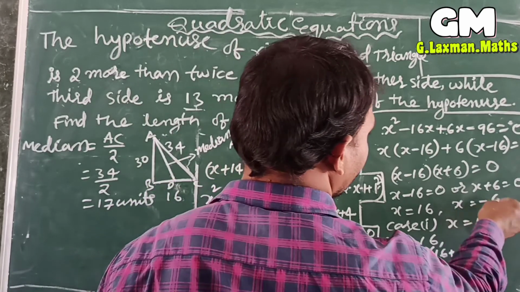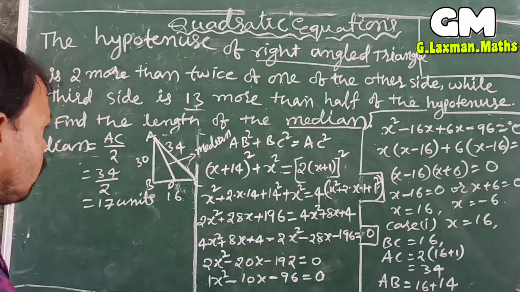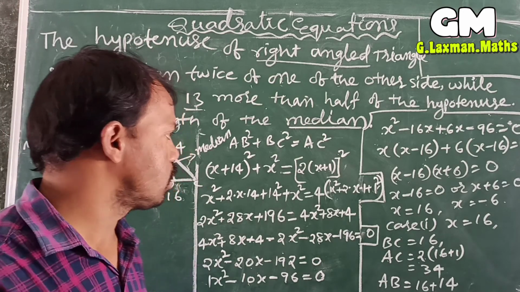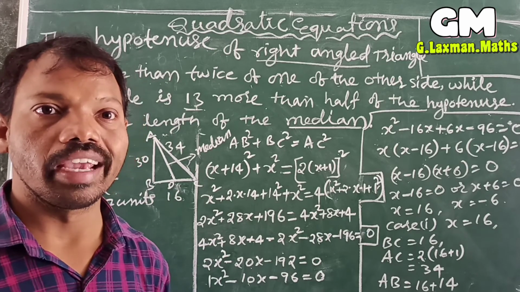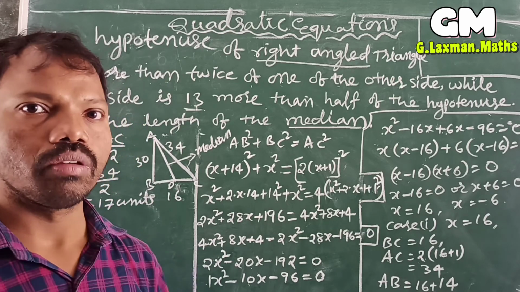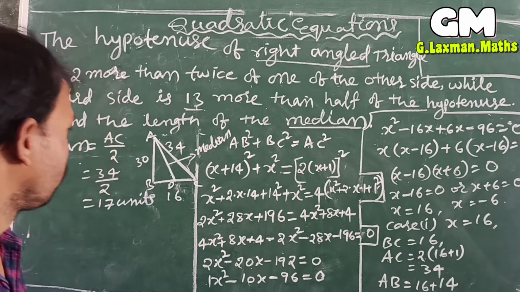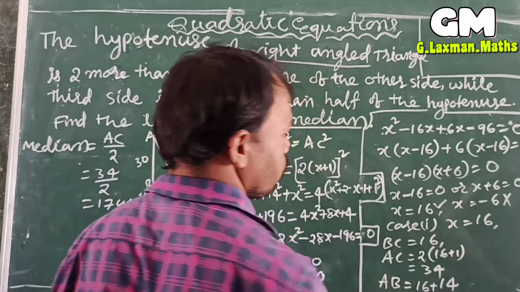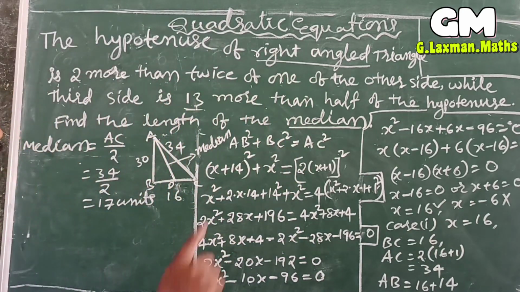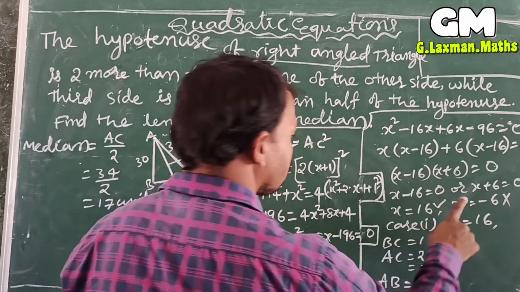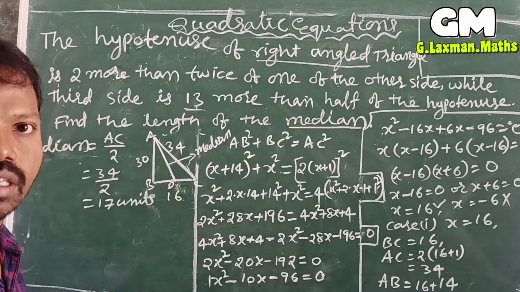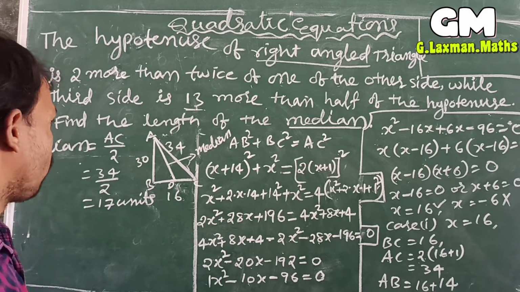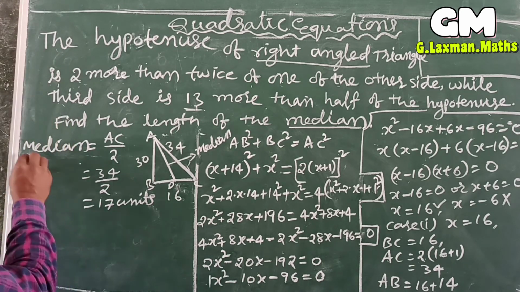Case 2: x is equal to minus 6. If you take the length as minus 6, the length is always positive. It should not be negative. Length cannot be negative. So therefore, we should not take this negative value. Only the positive value, case 1, exists. Case 2 does not exist, because the length of BC would be minus 6, which is not possible. The distance is always positive. So therefore, the median is 17.